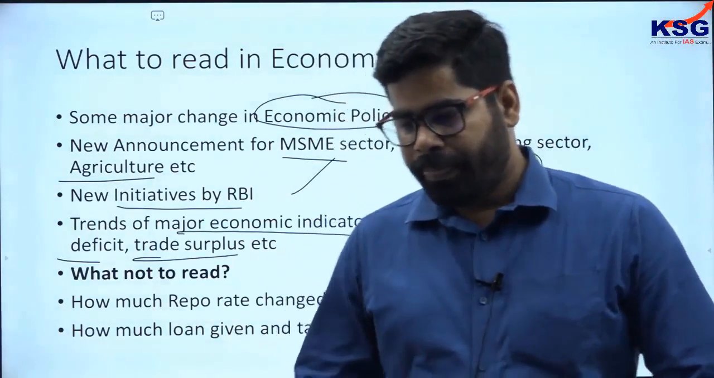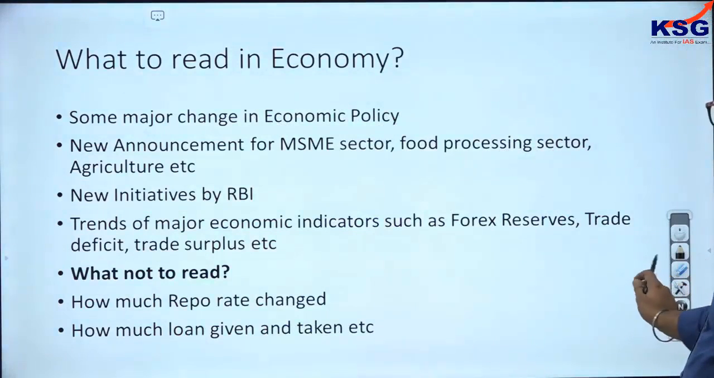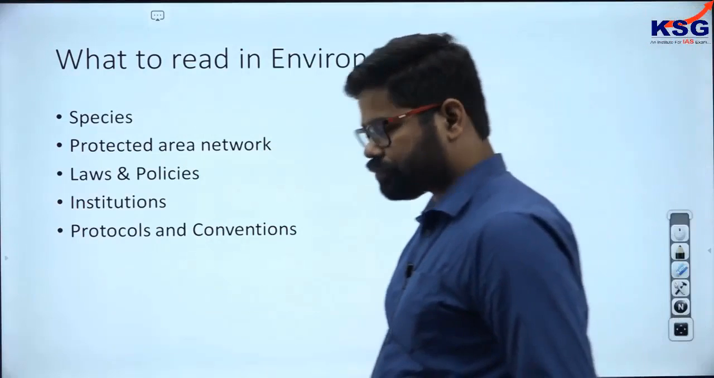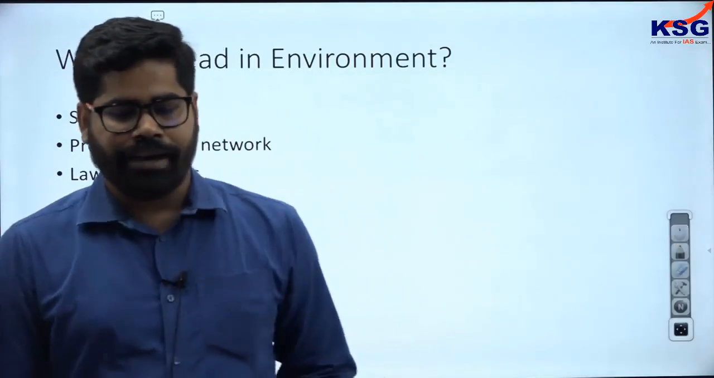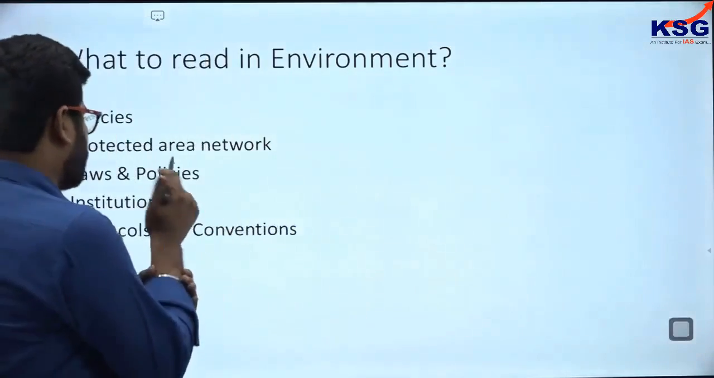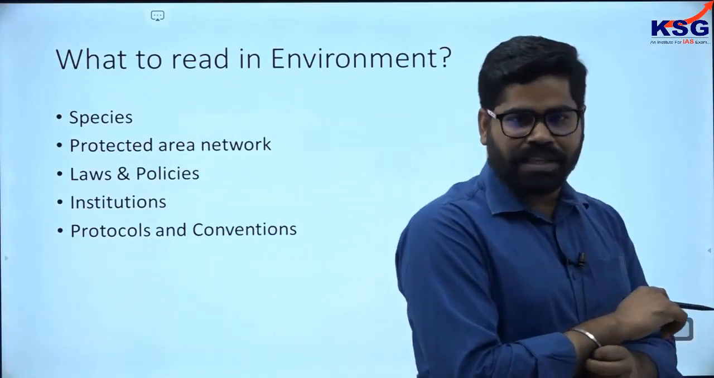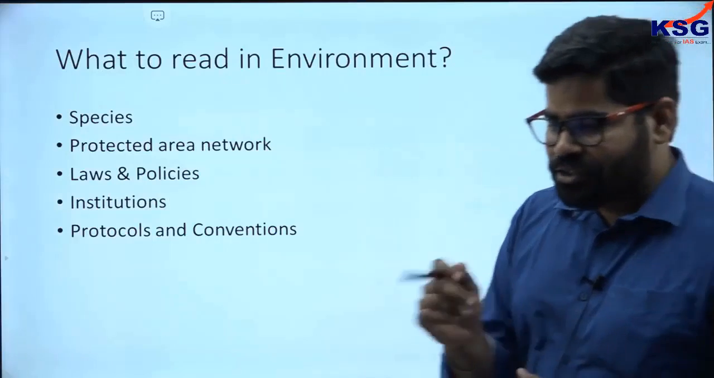Okay. Now, let's come to the next portion of GS paper 3, Environment. See here, in case of environment, suppose that some species is there in the news. Right now we have one species which was there, the African cheetah. Can you tell me,